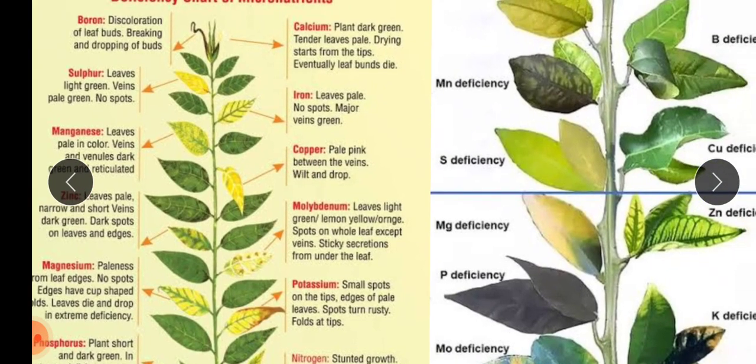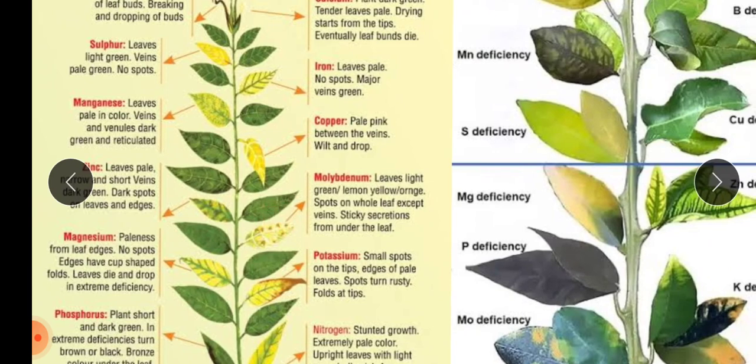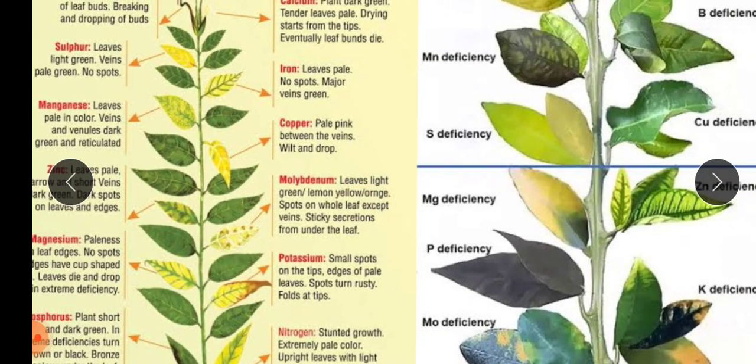After copper, molybdenum is also a very important nutrient. Leaves are light green, and lemon yellow or orange spots we observe. Marginal scorching and rolling or cupping of leaves, then whiptail in cauliflower, then downward cupping and reddish scale in beans we can observe. Basically this is due to the deficiency of molybdenum.